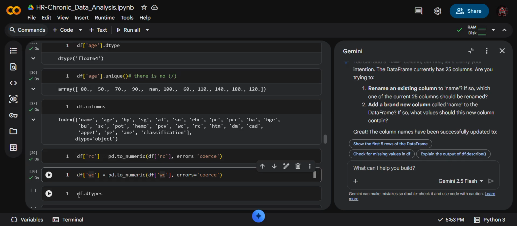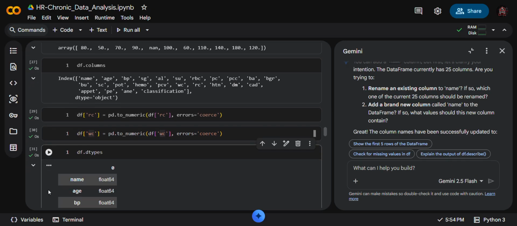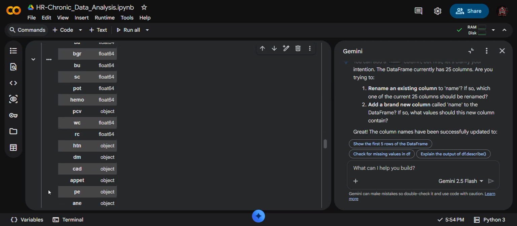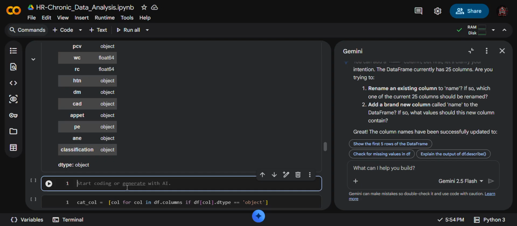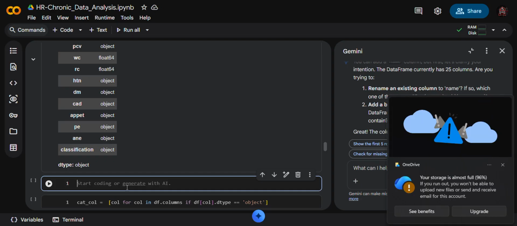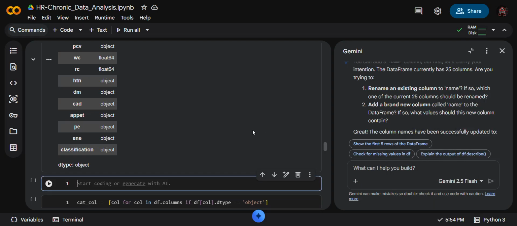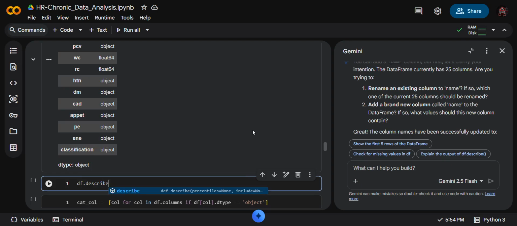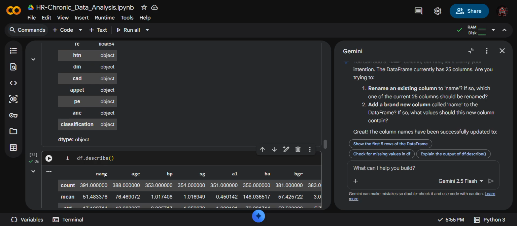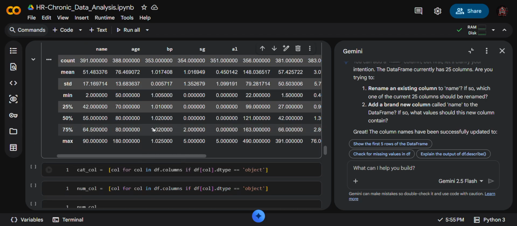Now this is the type for which we have taken the command. Let's say I just want to add one command, that is describe.